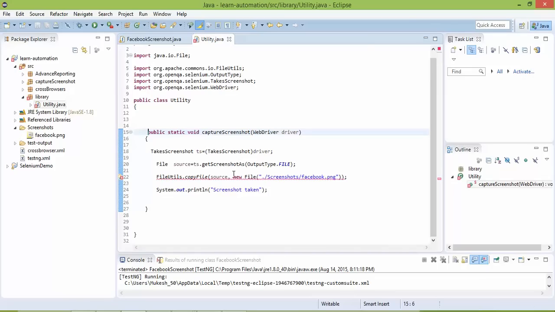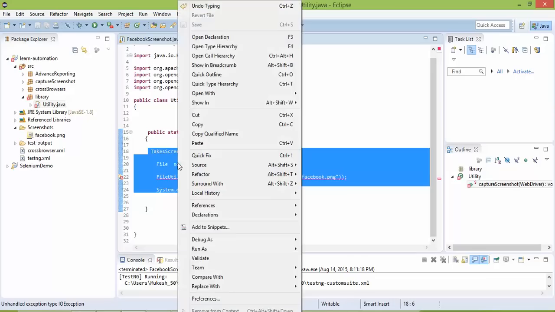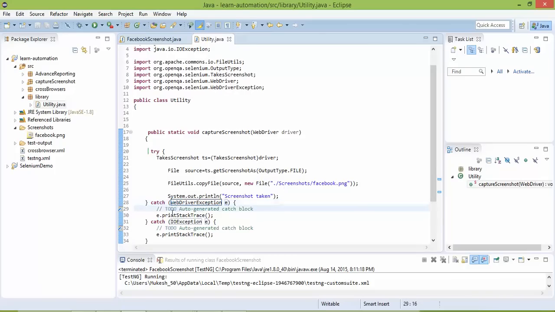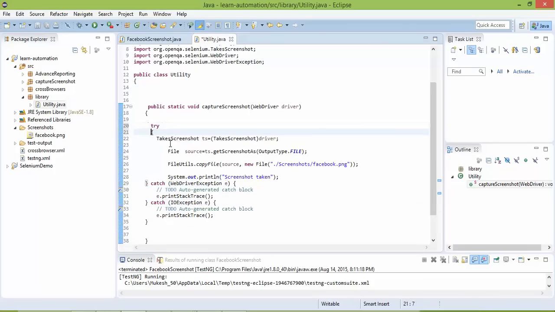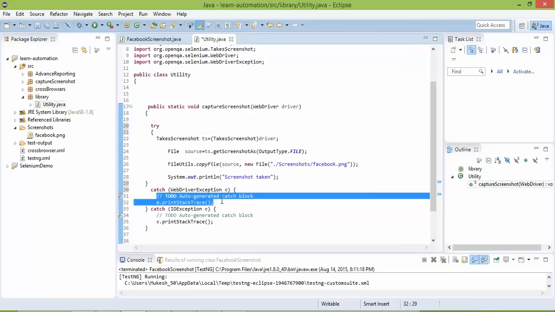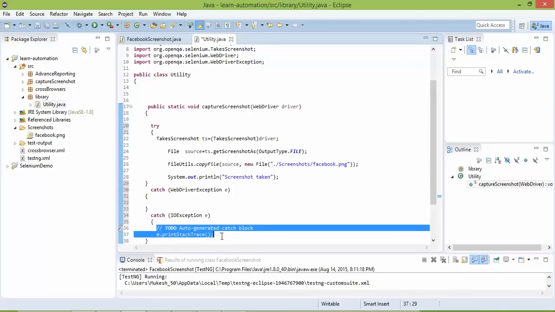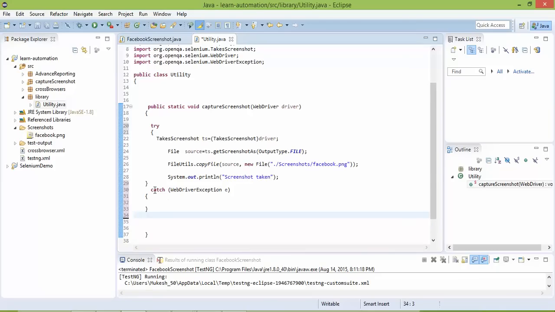That's all. Now it is again throwing exception, so let's keep this in a try catch. So what I will do, I will simply surround these 4 lines of code, right click on this. You will get one option called surround with. I will say try catch. So you can see this full code is coming under try, and this is the catch block which is coming. So in spite of having 2 catch, I will keep only 1 catch. So in case anything is missing, it will come to catch block. So let me remove all this catch, and I will keep this as Exception. Exception is a base class, so it will handle all types of exception.